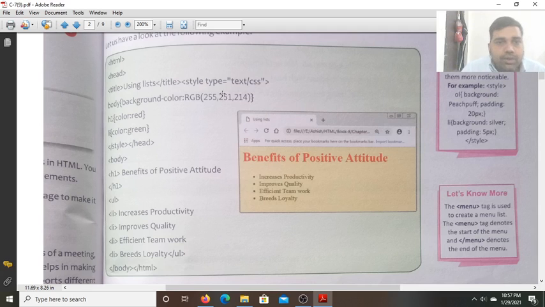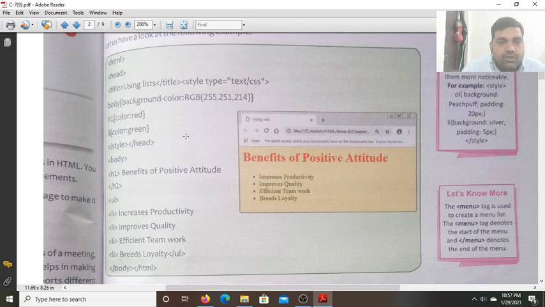This is the color code. Now for the heading one element, color red, and list item color green, li. For the list item li we have set the color green. Now style close, head close. So inside the head we write this style, this is called the internal style sheet.